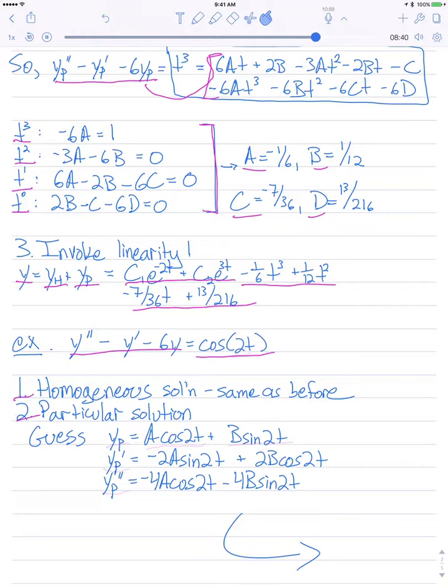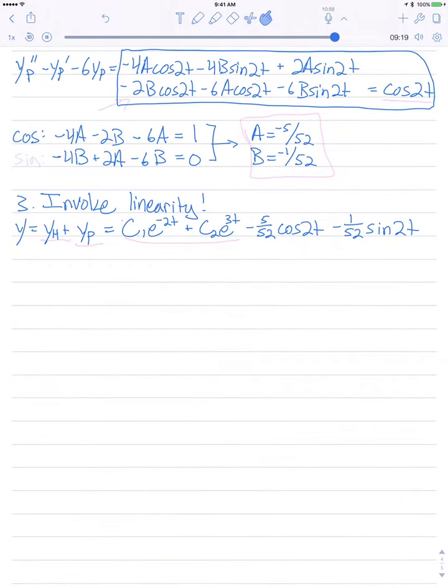And since this is a cosine function, the guess that I'm going to make is trigonometric functions. I know that differentiating a trig function, if I differentiate cosine or sine, I get a sine or a cosine. Differentiation doesn't change the frequency of the function, so I'm going to guess as my particular solution this combination of cosine 2t and sine 2t, where the coefficients a and b are unknown. And the way I'm going to find them is by plugging them into the equation. So I pre-compute these derivatives, yp prime and yp double prime, and I can go ahead and plug in, and if I plug in, I get this